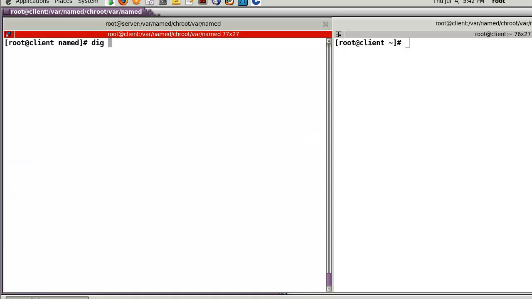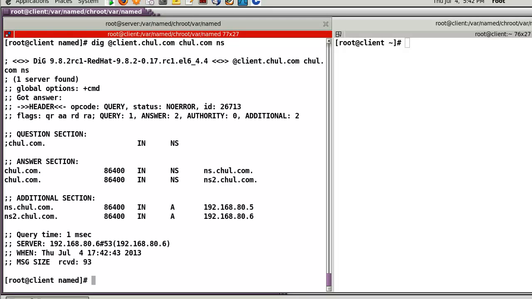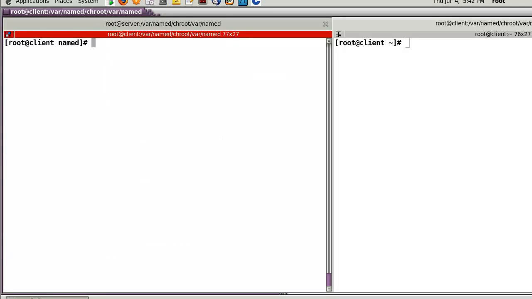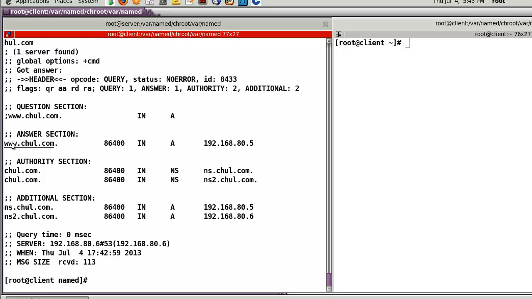Also using dig @client char.com, about this domain and name server. Also this one shows the char.com domain name and the name servers and IP addresses. How about the www web server, www.char.com? Also this one is showing information about this domain like this. Okay, then